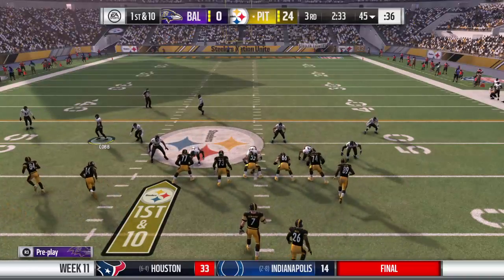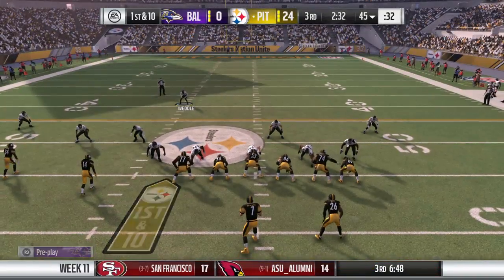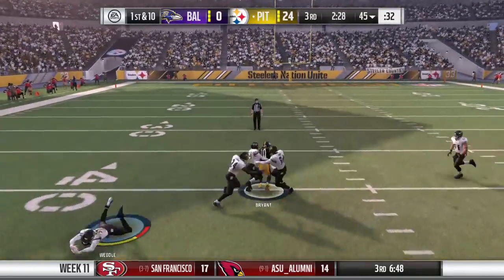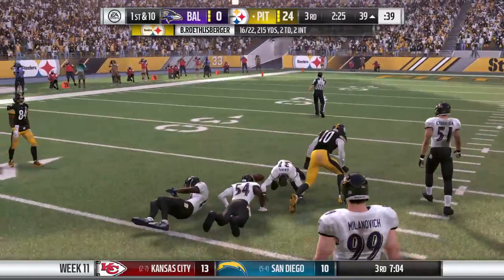The Steelers offense now, they get ready to head back on the field. And last time they got 3 points, but it was a chip shot field goal. And when you go to the sideline after a chip shot field goal, maybe the offense is not too happy. It's a balancing act, isn't it? Because